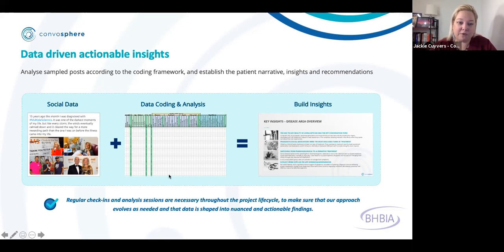So there's multiple touch points that a team has when doing this analysis, especially when you have multiple analysts. So making sure that people are using the same type of coding schema when they identify an unmet need or things like that. You go through and you share example posts and how would you score or code this one to make sure that everybody's aligned, and have multiple touch points of, hey, I'm finding this really interesting thing in my market. Are you guys seeing this too? And that can help either identify things that are unique to a market or uncover trends or insights that may not have been noticed there before.